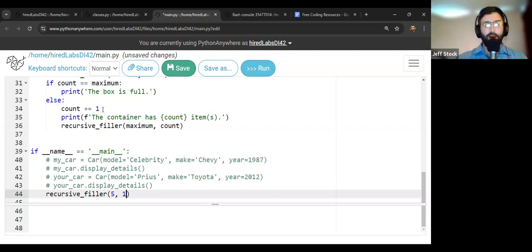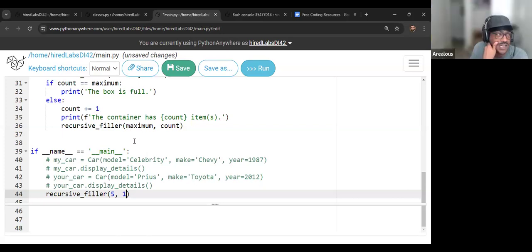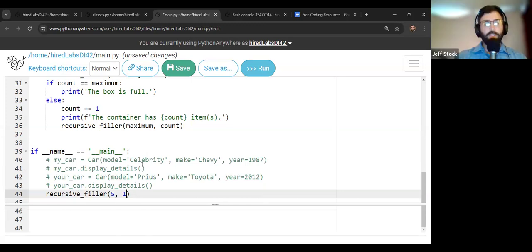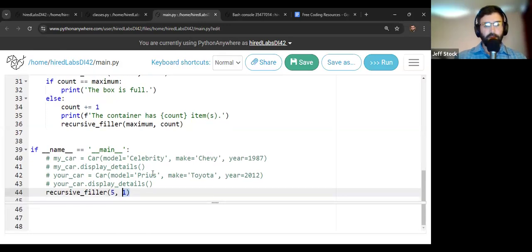So check it out. Why would it do that? Why do you think that happened? Because it needs to count one more back to 0 to get the full count in. Well, you passed it your input, which looks like this, right? With the recursive filler in 5, 1.